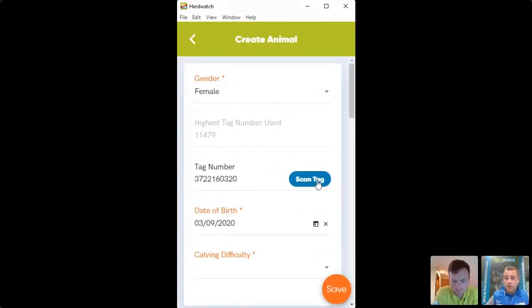Another little tip that we have, obviously very similar to the medicines, if you're using your phone, if your tags have the barcodes on them, you can scan the tag, which will put in the tag number of the animal automatically for you. So you don't even need to type in the number. I'll just put in a number here